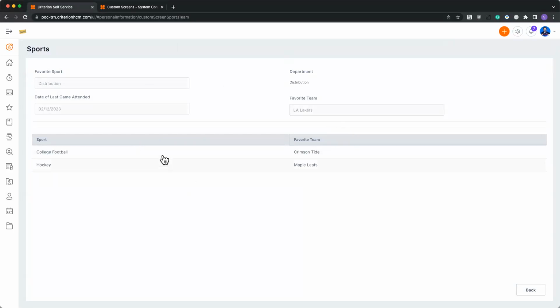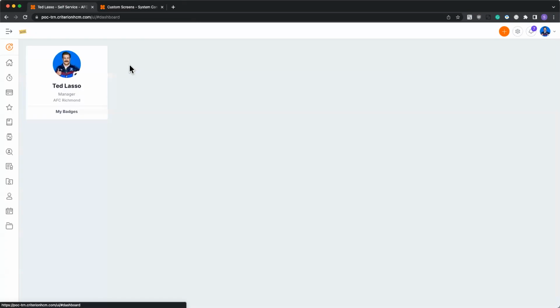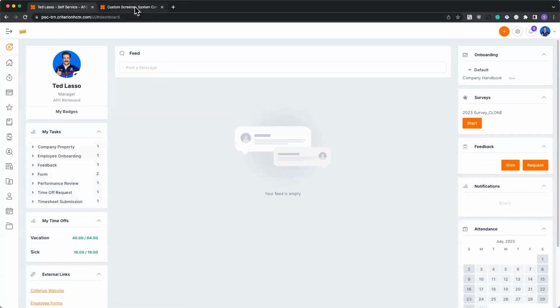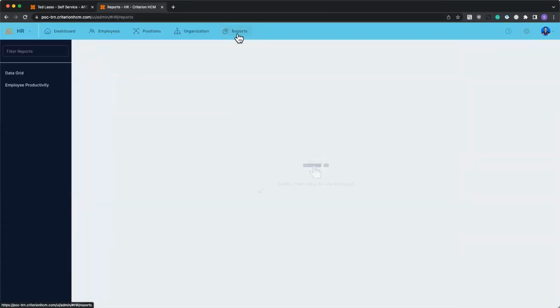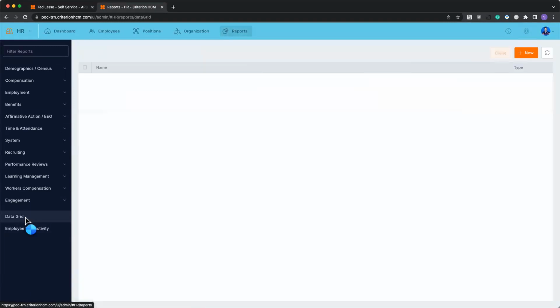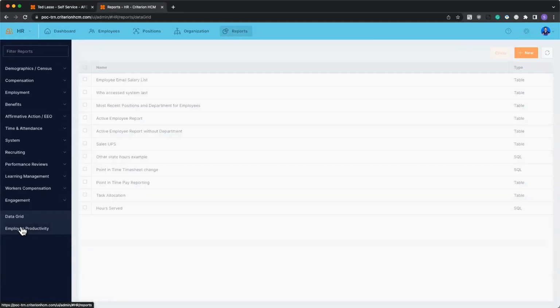All right, so that is very quickly adding custom screens out here. So you can see how that works. Now, what does it look like to report on that? So let's look at that here under reports. So you're going to be able to do this in the data grid is where you'll be able to see this information. So when I do this and I click on new, because I don't have any out here right now,